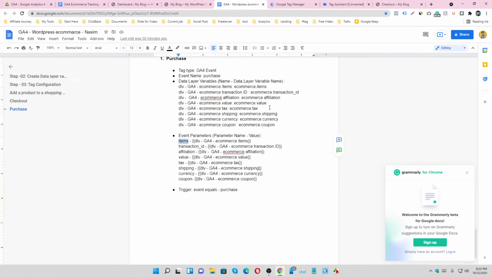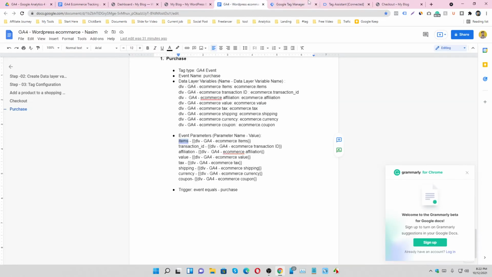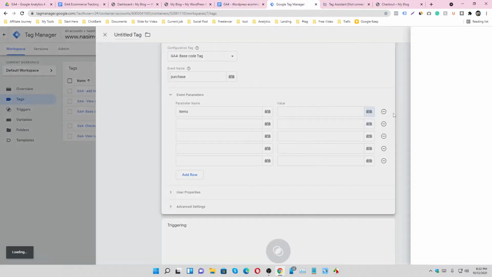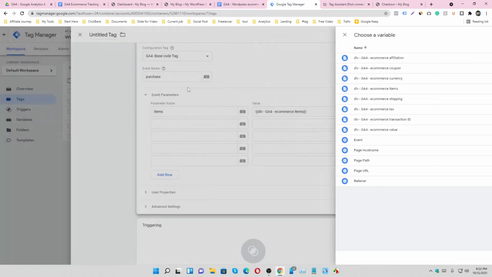First of all, I'm choosing items, and the value will be the e-commerce items.